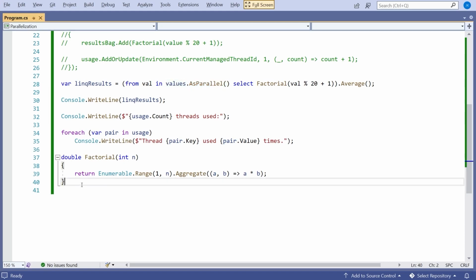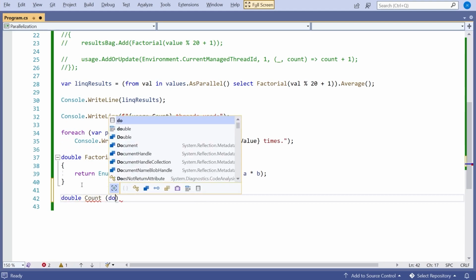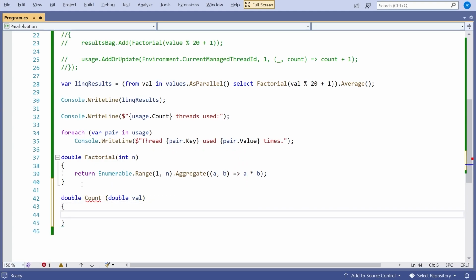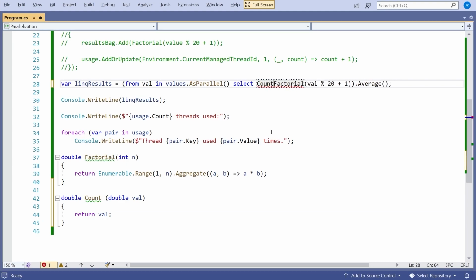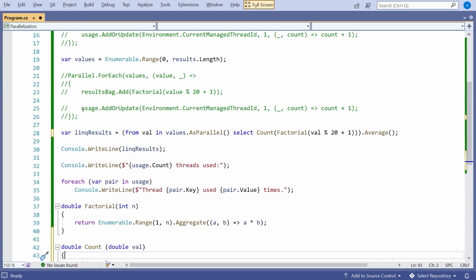So what we could do actually is down here, I'm going to put a method that's going to return a double and is going to be called count, and then is going to take a double, which we'll again call val. And what we could do actually is, in its simplest form, we could just say that it returns val, and then if we take that thing in the select and wrap it up in count, then that will actually have no effect at all because we're just taking the value and returning it, so it'll still be what is selected and then average. But now we're inside count, we've got the really nice thing that we can take our